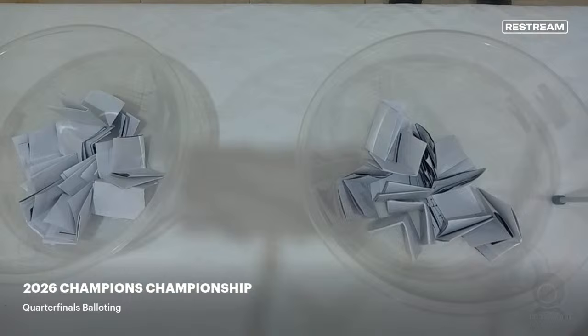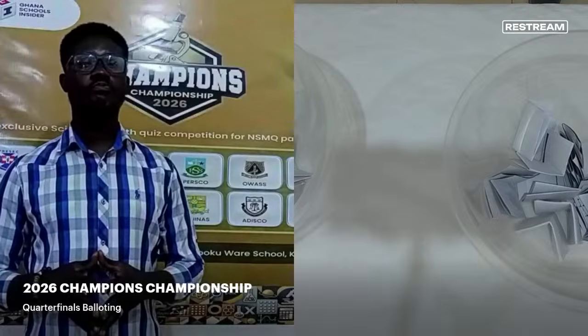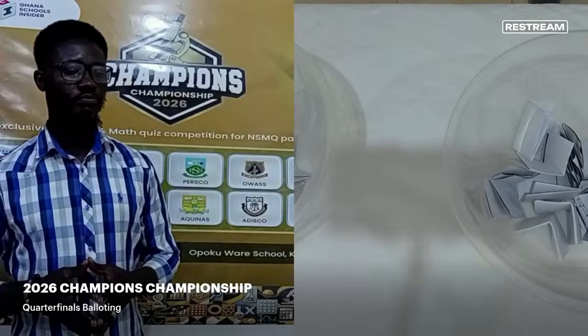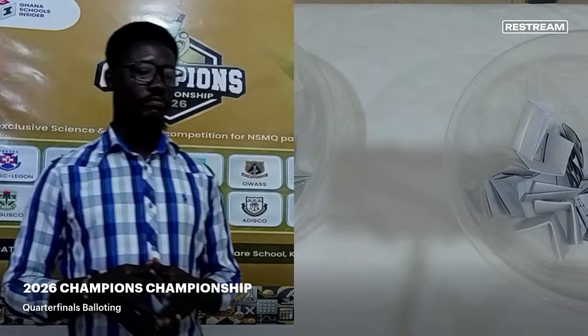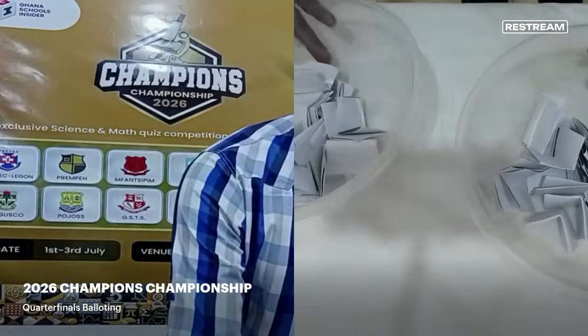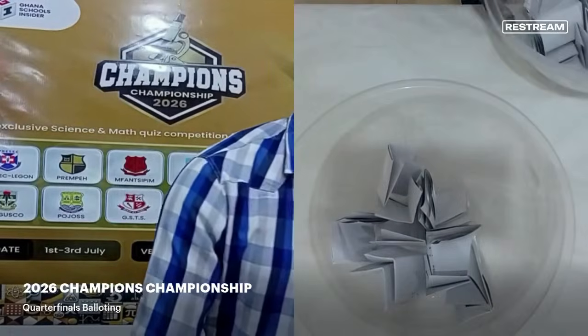So if A is picked by a particular school, it means that that school is alphabet A, and then the quarterfinal fixtures are going to follow the pairings for the quarterfinal fixtures. That is how it is going to go. So it's a very simple balloting process. And so we begin. We'll ask Mr. Edu Jemfi, first of all, to start with the bowl on the right. Please push it to the middle.